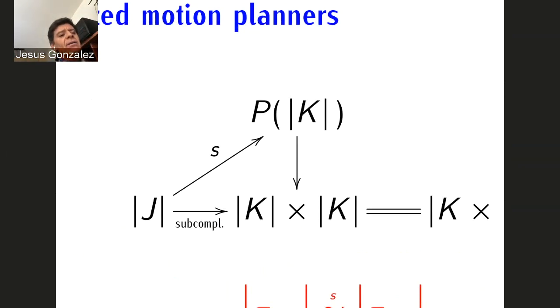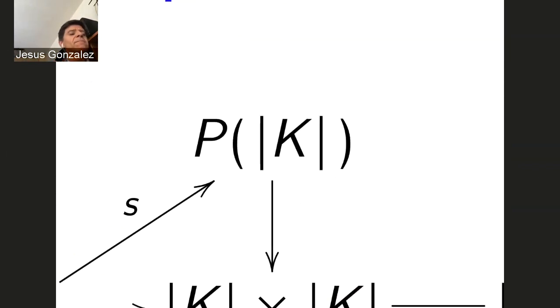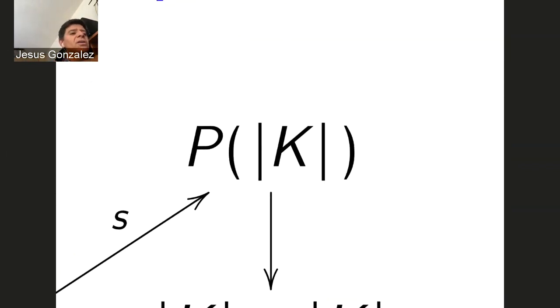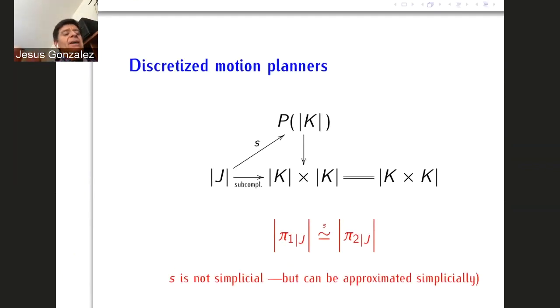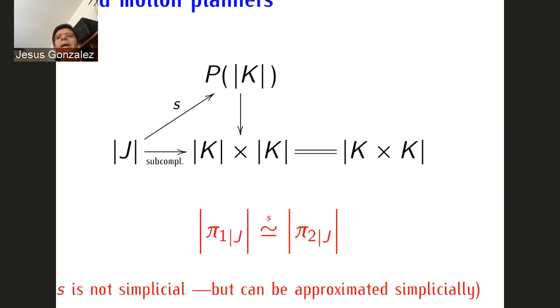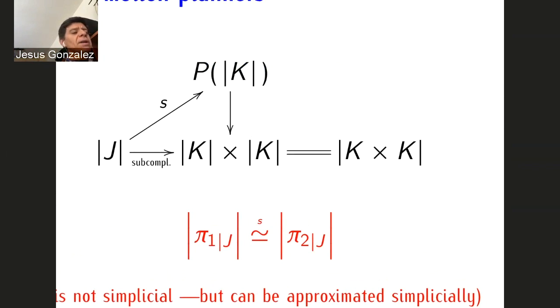If I want to understand a local section, I would first have to find a way to discretize the codomain of this map, namely the space of paths on X. And this would be just impossible because this space is too large to have a finite dimensional, finite simplicial structure. But instead of doing that, let me use the fact that I already mentioned at the beginning of the talk, namely that a local section, a map S, is nothing but a homotopy between the realizations of the restrictions of